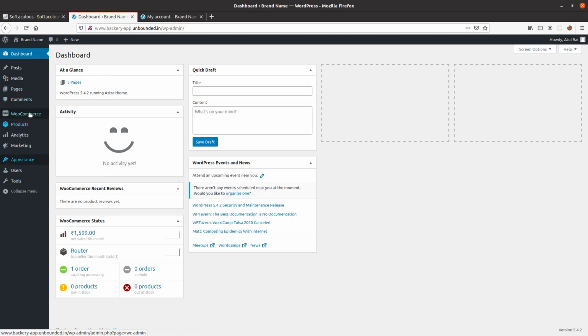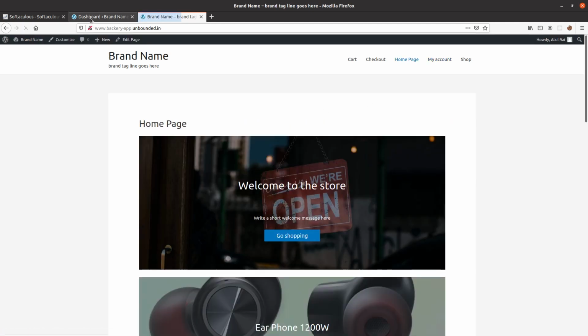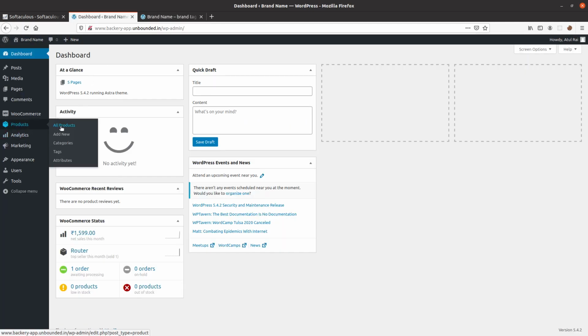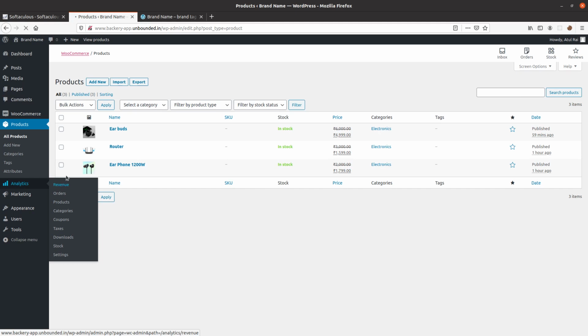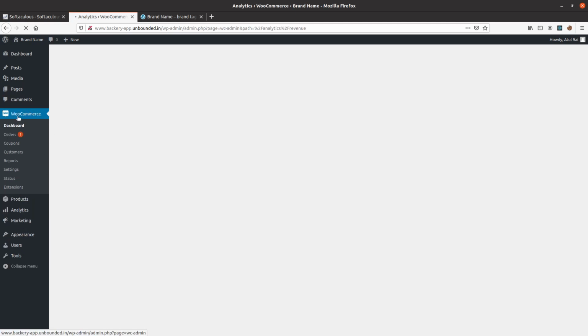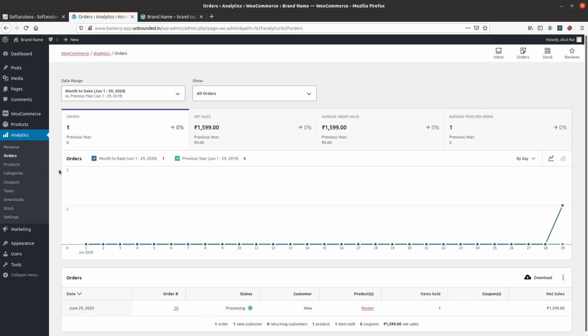There are bare minimum possible options. You cannot see the theme options, you cannot see the plugin options, which are the heart and soul of how the website is going to look, right? He cannot change anything there. All he can do is manage the products of the website, whatever needs to be shown. He can check on the analytics, he can check on the orders that we have received on your website and process the order further.